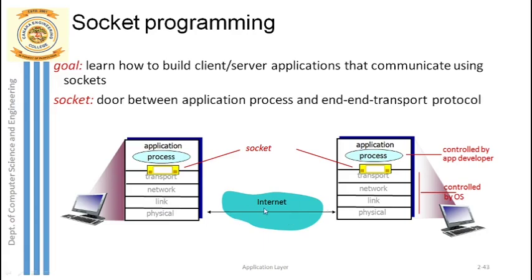For my message or my sentence to fly here, I need to know what? The destination IP address, plus I also need to know the destination port number. That is also required. So my sentence will fly to the server side. Once it reaches here, with the help of the destination port address, it will enter the server side, and once the server receives this input sentence, which is in lowercase, the server's job is now to convert that lowercase sentence into uppercase, and now my output is ready. The sentence is converted into uppercase.